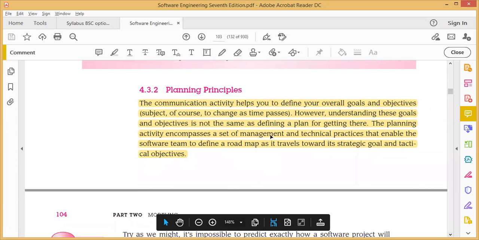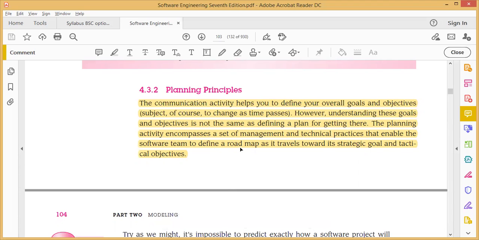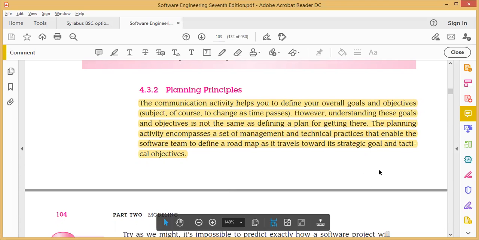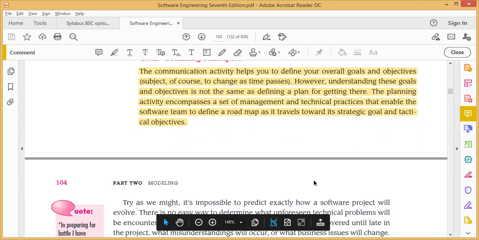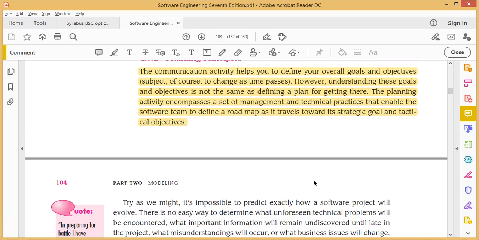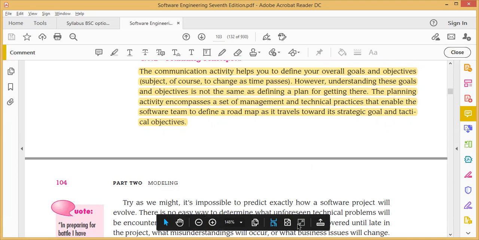The management and technical practices enable the software team to define the roadmap as it travels towards its strategic goals and tactical objectives. That means we have to plan the roadmap and follow the sketches or graphs we developed according to the requirements, but after some time we have to change them. There should be flexibility to adapt to all the requirements we welcome from the customer as time passes.